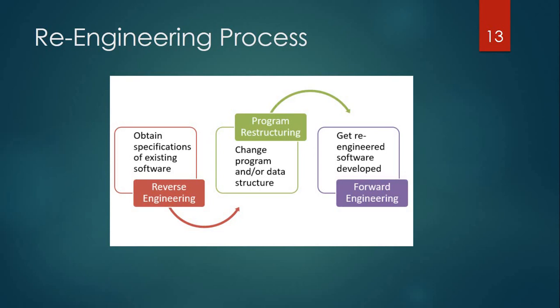So basically we can say that the re-engineering process is the combination of reverse engineering and forward engineering. Reverse engineering goes from source code to information, and forward engineering is the same as the simple software engineering part. It means we can apply any model, waterfall model, spiral model, or incremental model, to engineer the process. Okay, so this is it for re-engineering, reverse engineering and forward engineering.